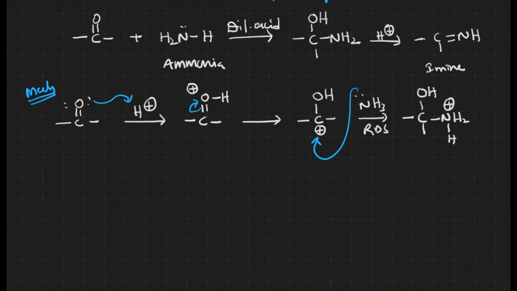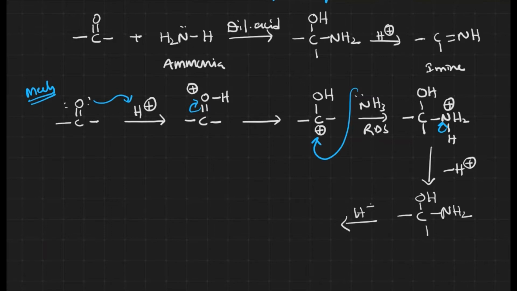Now here again what happens? Nitrogen with 3 bonds is unstable. Elimination of proton takes place over there. After elimination we will get a structure of this kind, right? OH here, NH2. Yeah, this is the structure.